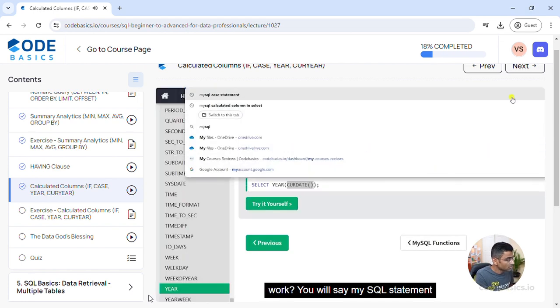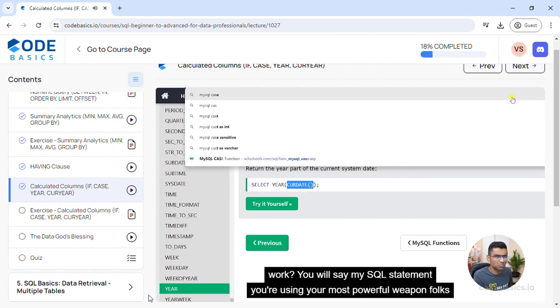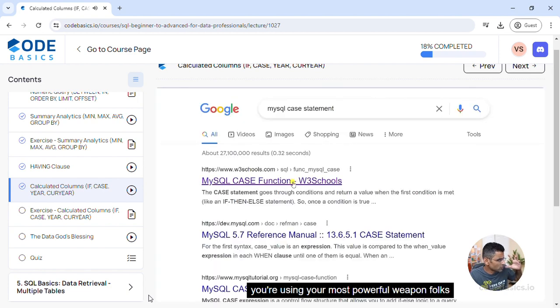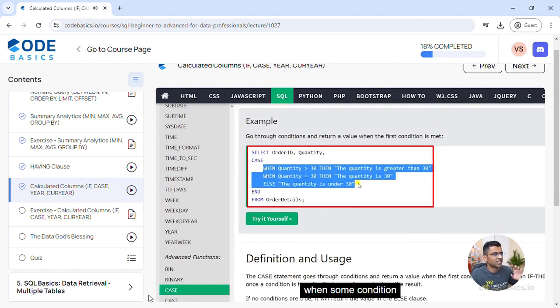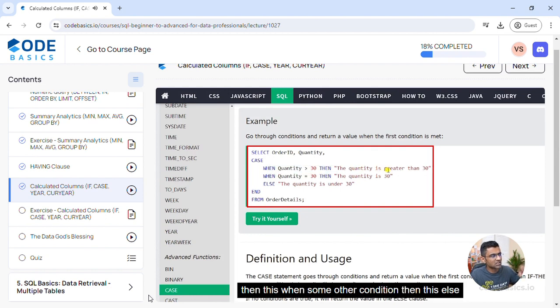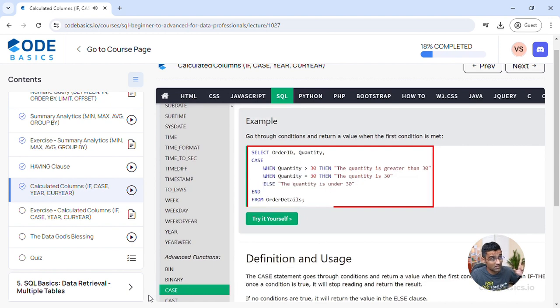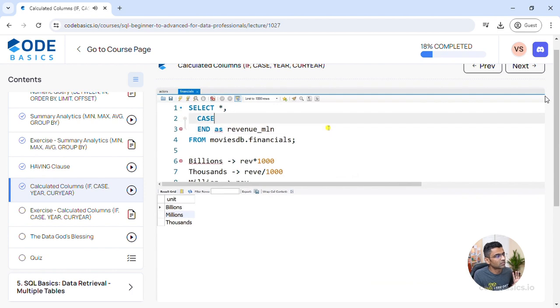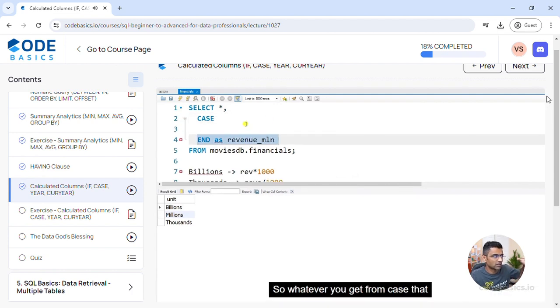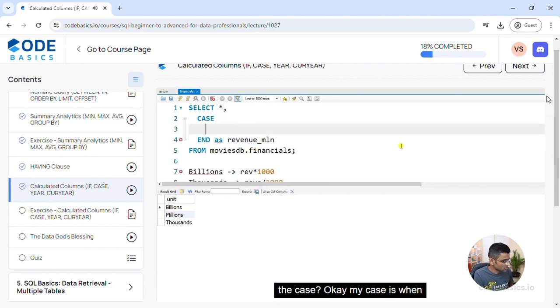You will say MySQL case statement. You are using your most powerful weapon, folks, Google search. And the way case statement works is you will say case and you will specify when some condition, then this, when some other condition, then this, else this. Okay, so let's do this. You'll say case. Whatever you get from case, that output will be stored in revenue million. What is your case? Okay, my case is when